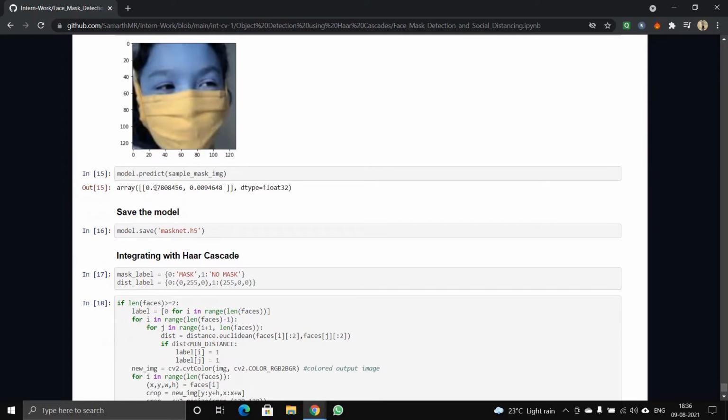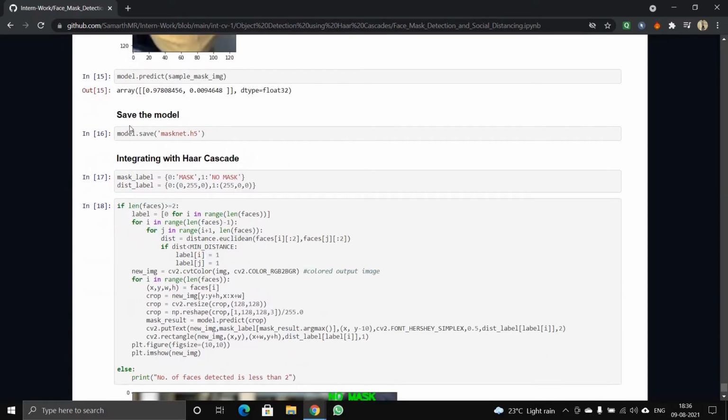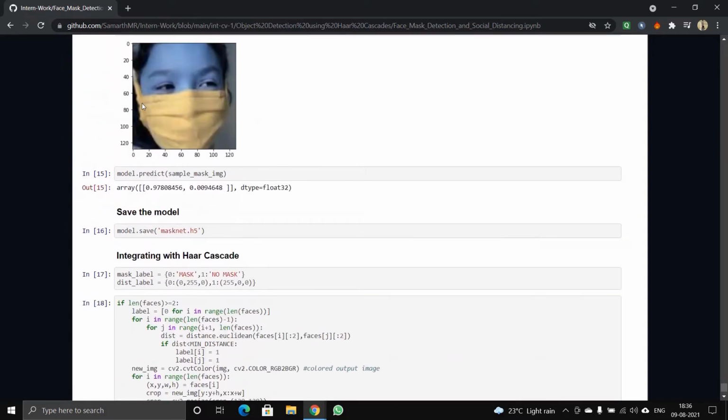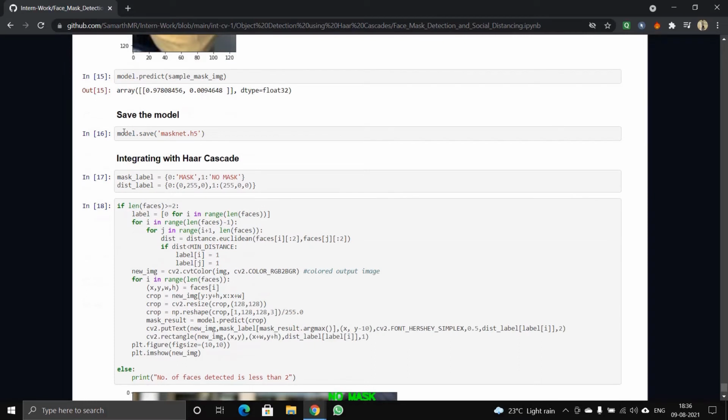So the output you have got here is 0.978, which is 97.8%. It is having mask. So here you can conclude that our model is correctly trained and tested. Now it's time to save the model. You can use model.save and give any name with .h5 as the extension.